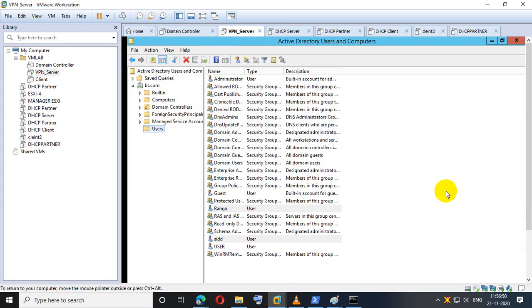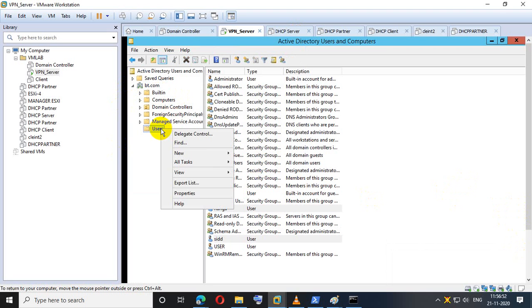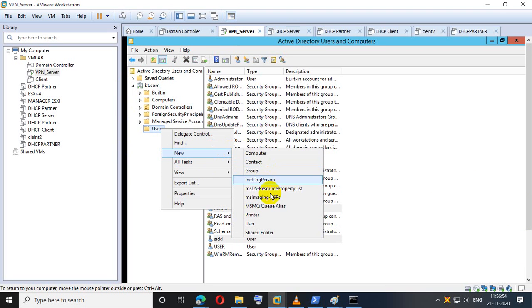So one user I have created, Ranga, another user I will create.